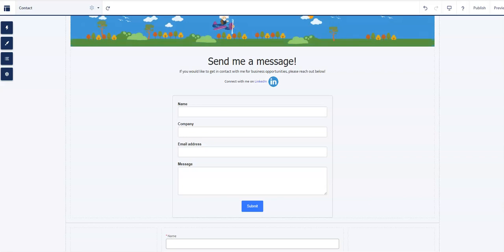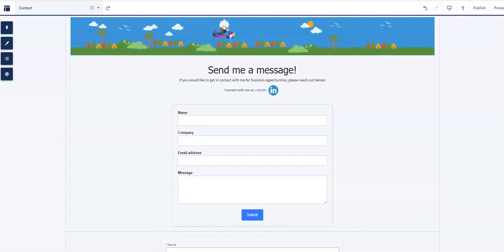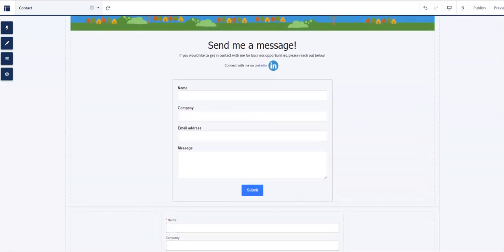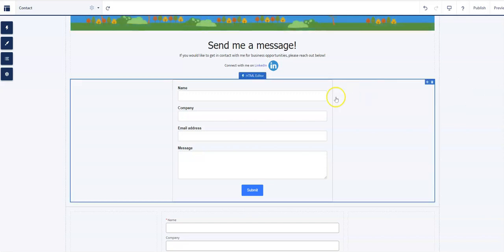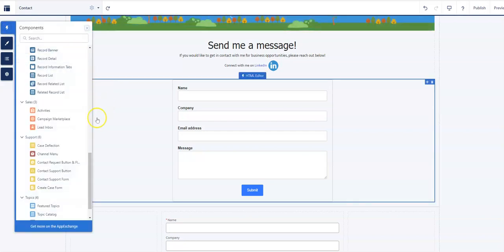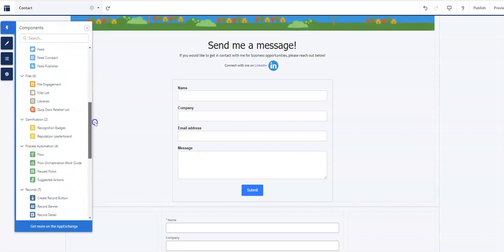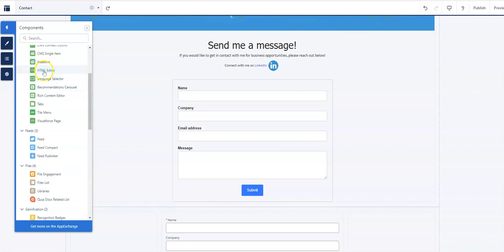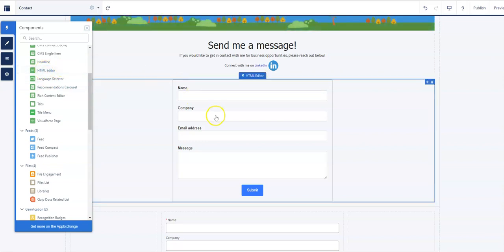Digital experience is very robust and there's a lot you can do. I barely scratched the surface of this UX for our users, but here we can begin with the contact form. The first one is the HTML editor. To get to your HTML editor, you go to your components and you grab the HTML button onto the canvas,